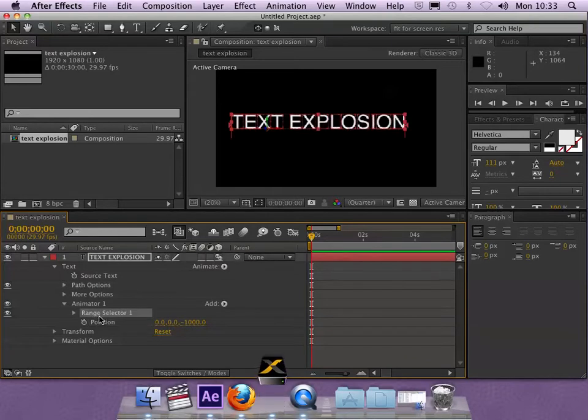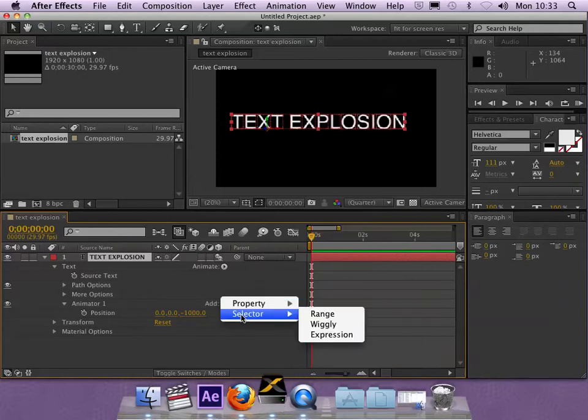I'm not going to use a range selector for this. I'm going to just use a wiggly selector, so I'll delete that. I could probably leave it here, it wouldn't do any harm. It would just basically say everywhere inside this range make the wiggly selector work, but just to keep it clean I'm going to get rid of it. And I'll add a selector,